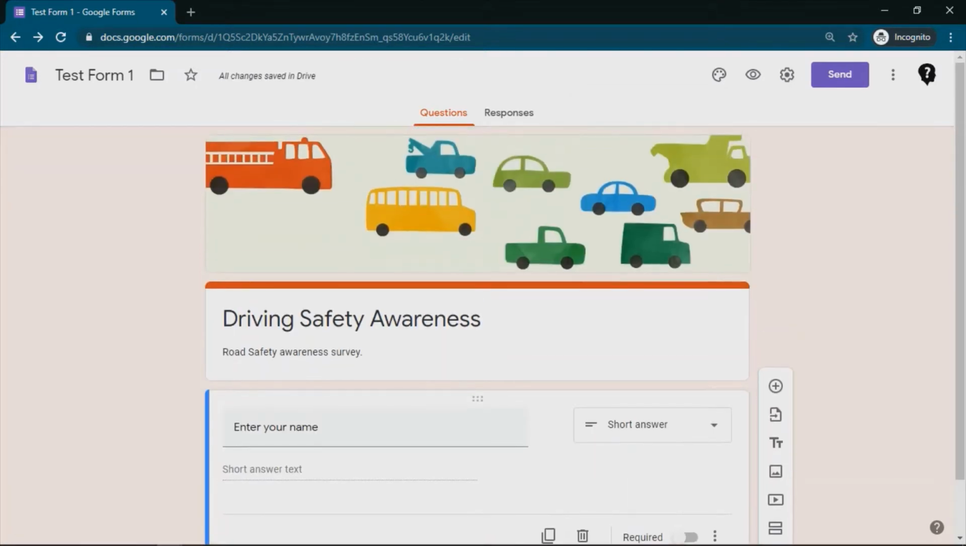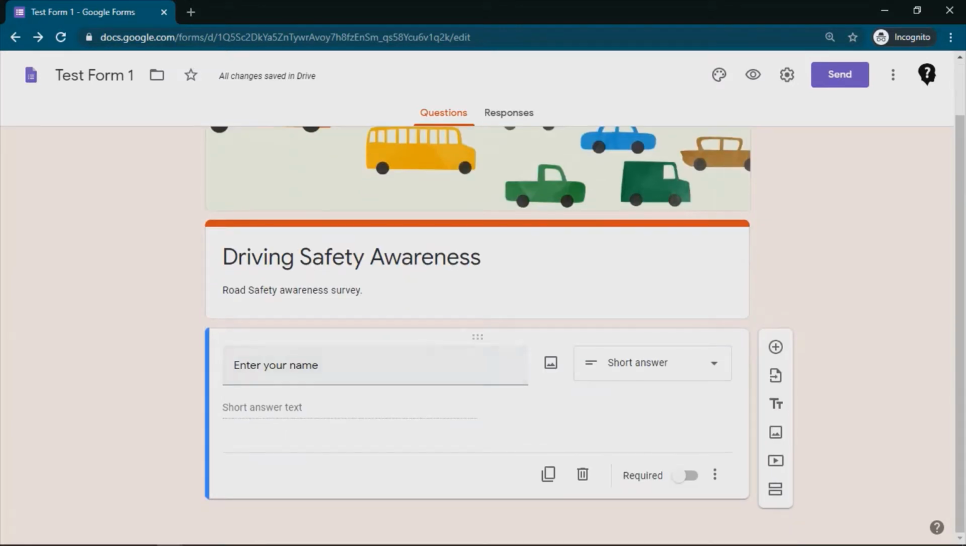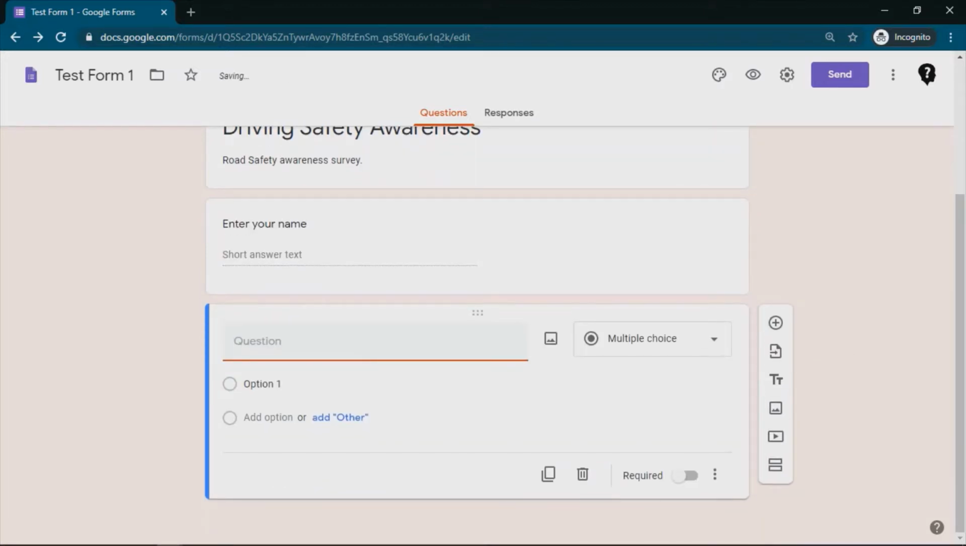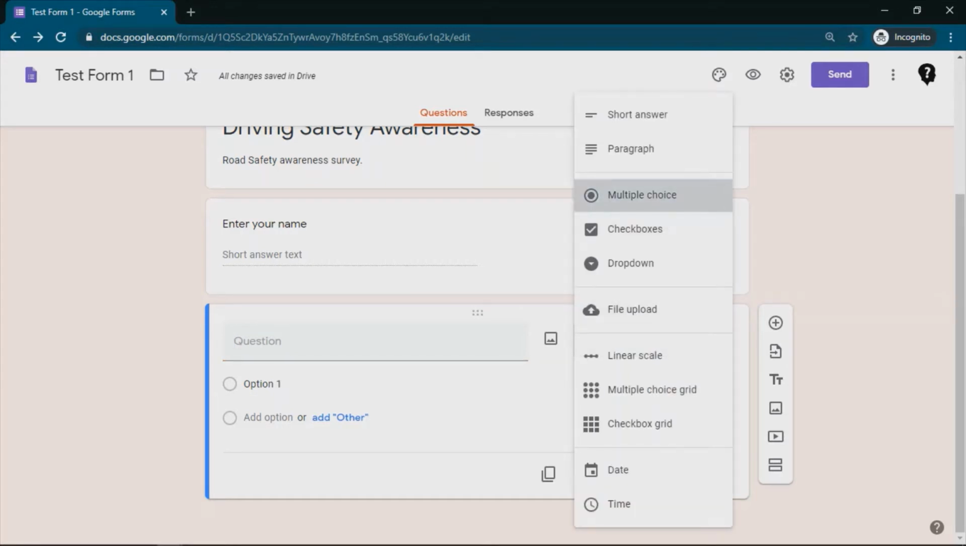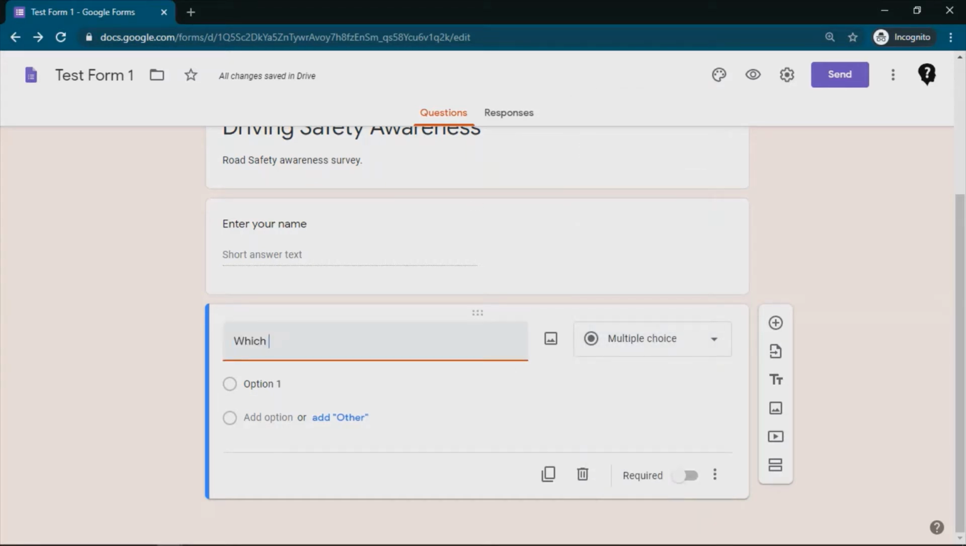Okay, so I have a sample form I have designed for driving safety awareness. So, here I have a short answer question, enter your name. Okay, then here what I can do is I wanted to request the user to enter the vehicle model. So for that, I'll go and insert a multiple choice question: which type of vehicle you have. Okay, so my first option would be